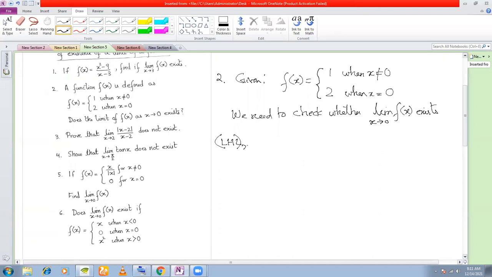and what does x tend to? 0. So left hand limit at x is equal to 0 is equal to limit x tends to 0 minus, right? Because we are talking about left hand limit, of f(x). Now if you see this function here, as limit x tends to 0 minus, that is as x approaches 0 from values that are lesser than 0, what is the value of the function? Not equal to 0, right? So value of the function is 1. And limit x tends to 0 minus of 1, which is constant, will be 1. Similarly, we evaluate the right hand limit at x is equal to 0.